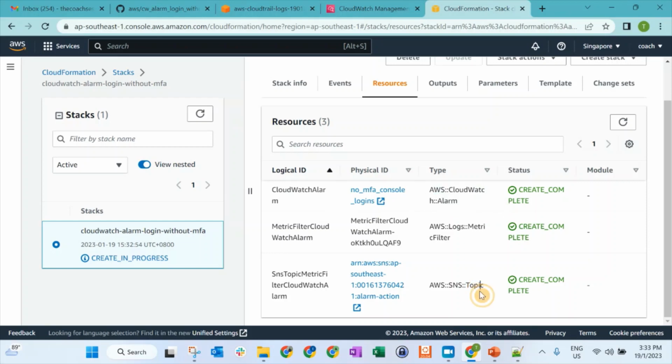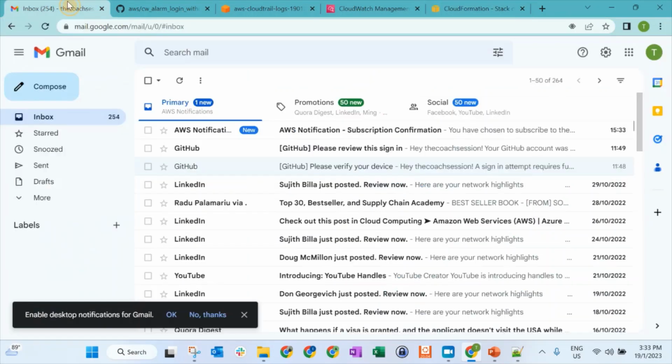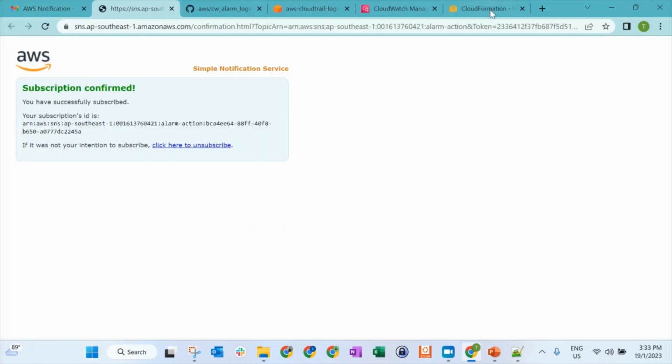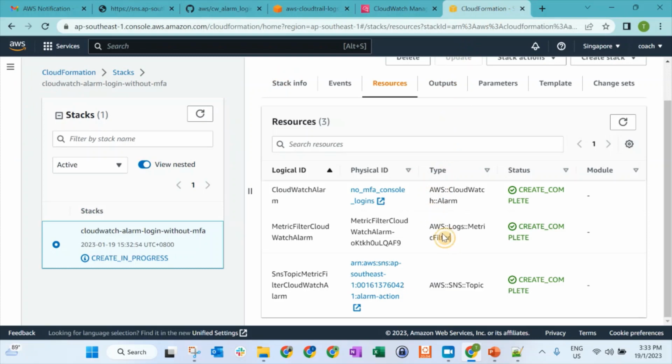The first one is the topic. Actually, the topic will send a confirmation email to your email if it is a new email, and then you need to confirm it. And then there is the metric filter created and also the alarm.